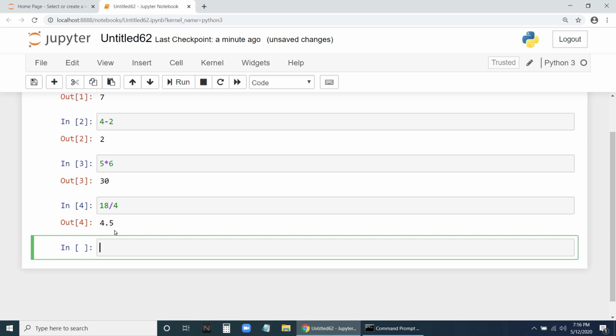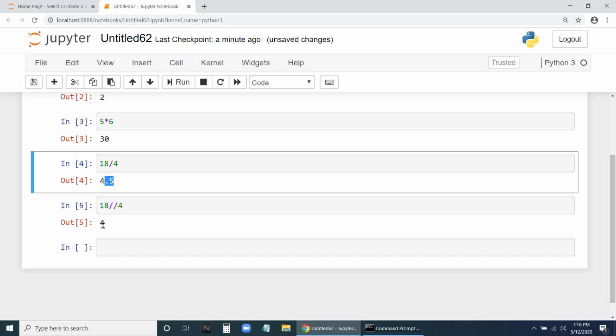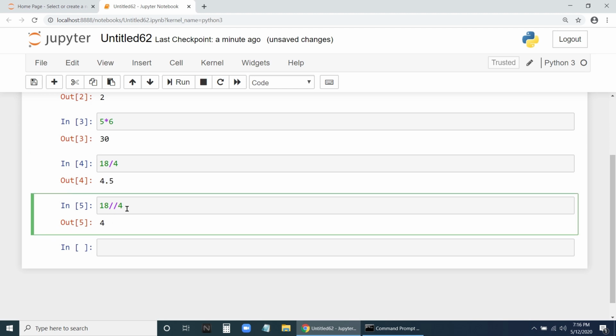Similarly, let us say you want integer division. We give 2 slashes and 4. Let us run this and see. This is an integer division: the decimal part will not be there. If any decimal part is there, it's going to remove that, so only the integer part will come.